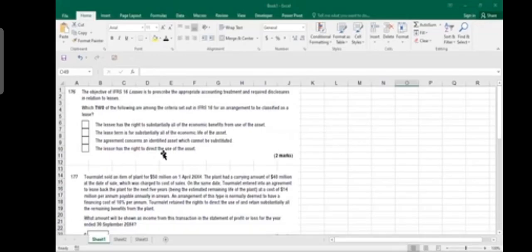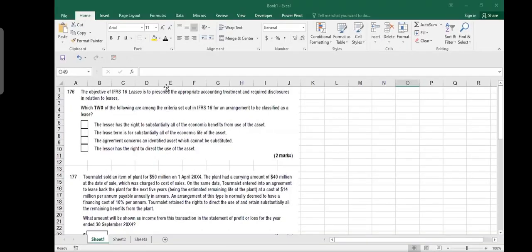We picked up some short questions from Leases. This is number 176, from your BPP practice kit. The objective of IFRS 16 Leases is to prescribe the appropriate accounting treatment and required disclosures in relation to leases. Which two of the following are among the criteria set out in IFRS 16 for an arrangement to be